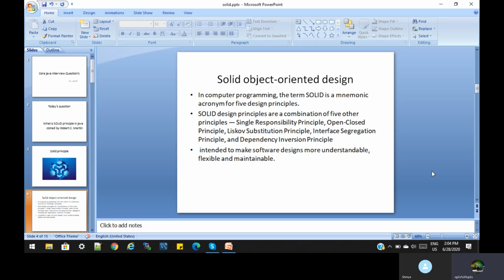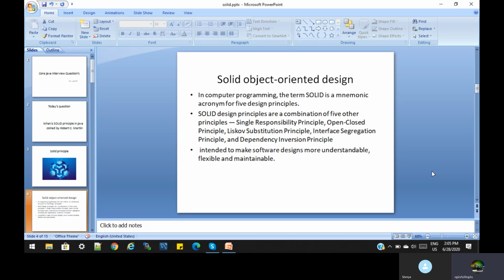Basically, the SOLID principle is a basic constructive principle by which we can build any project. Put in the simplest way, during project development we have to take care of the SOLID principle so that the code is easy to understand, flexible and maintainable. If you do not follow the SOLID principle, it is very difficult to maintain the code, and complexity will come. So that's why, what is the SOLID principle?